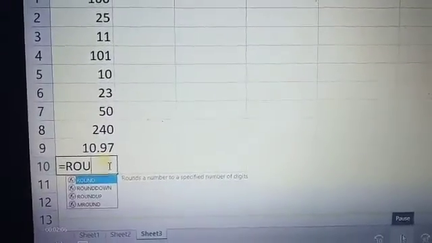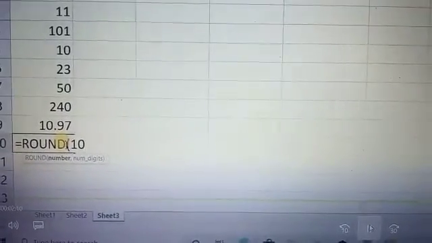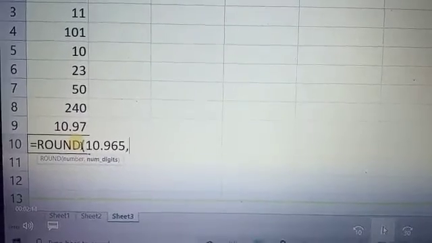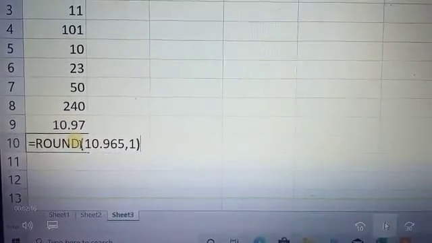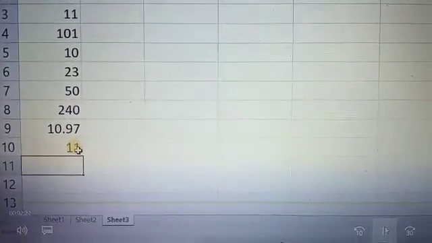Then round, mention 10.965 comma 1. It gives 11. It rounds to the integer value 11.